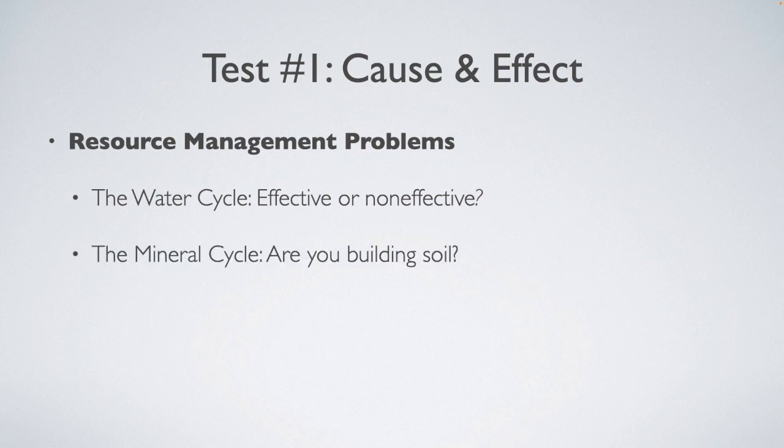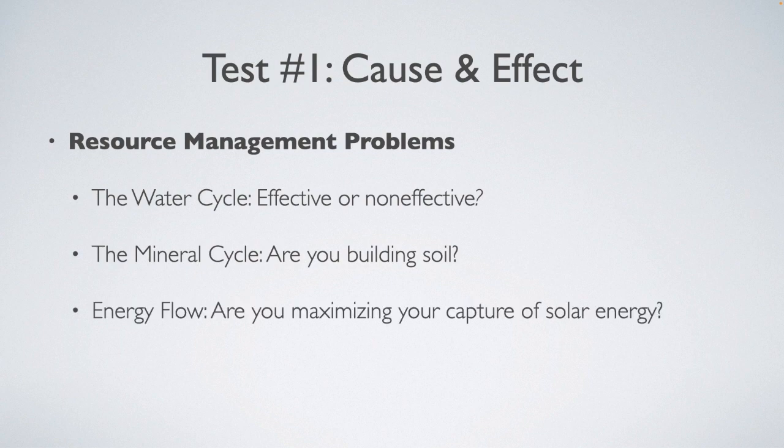Second is the mineral cycle. This basically boils down to whether or not your management decisions are building more biologically active living soil or not. Only through living soil are life-sustaining nutrients cycled within your landscape. The wealth of any homestead can be measured by the quality and quantity of its soil. Third is energy flow. Is your homestead capturing the maximum amount of solar energy and converting that into biomass through photosynthesis? This is the foundation for all life, economy, and civilization on this planet.